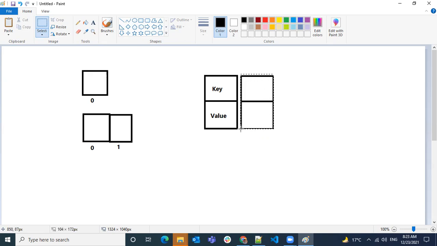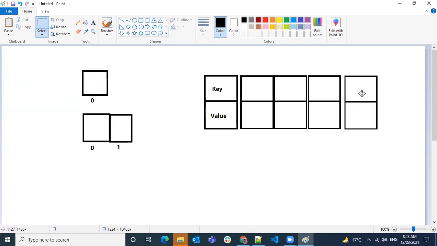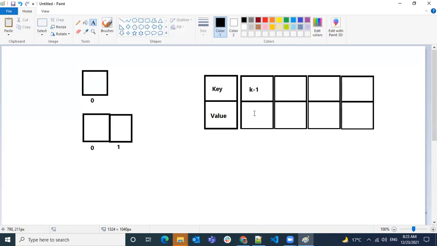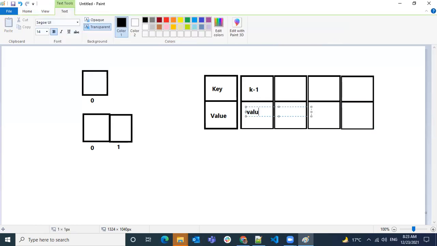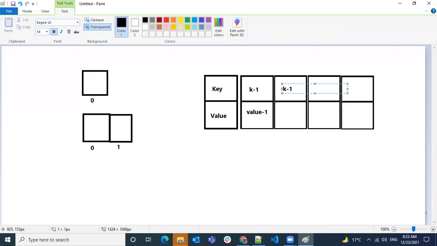So now I have this allocation. Similarly, whenever you have new data, it will assign new space for it with a combination of key and value. Let's say I have key one as my key, and value one as my value. And now let's talk about how it will allow the values.